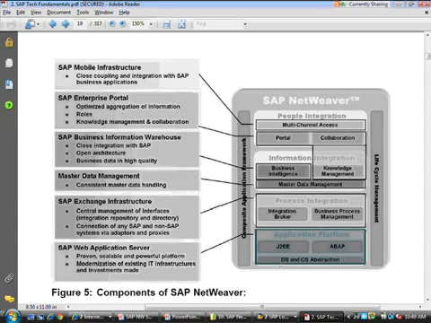And then on top of the application platform is where you have process integration, PI, which is using integration broker, business process management, and different integration technologies to have multiple SAP applications talk to each other. And then we have information integration.